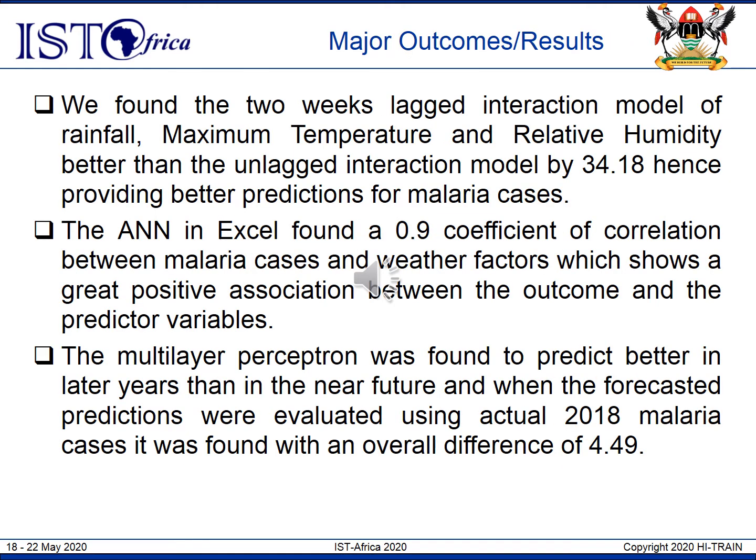The 2 weeks lagged interaction model of rainfall, maximum temperature, and relative humidity was found to be a better predictor compared to the unlagged interaction model by 34.18, meaning that it's better to use the lagged model, or we can say that malaria cases of this week, for example, are